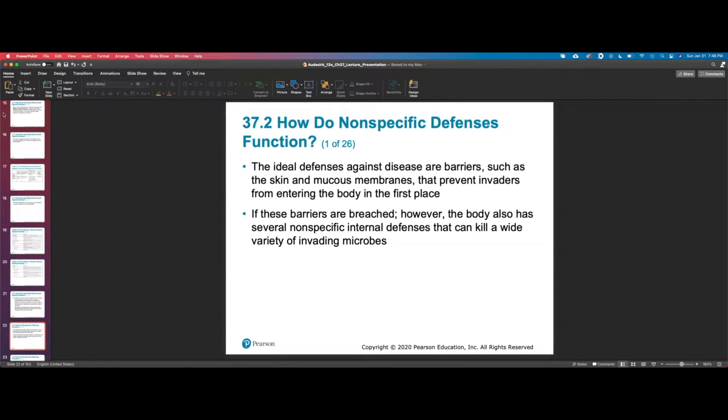So if you've ever wondered why your nose is covered in mucus or your eyes are constantly, well, that's weird. Of course, you expect your eyes to be wet. I mean, that's kind of like wet and lubricated. But why surfaces like your mouth, your nose, and your eyes are wet and moist has to do with mucus and different proteins and enzymes dissolved in that mucus to help fight off invaders.